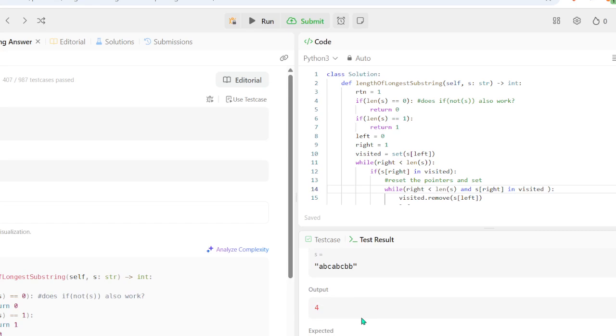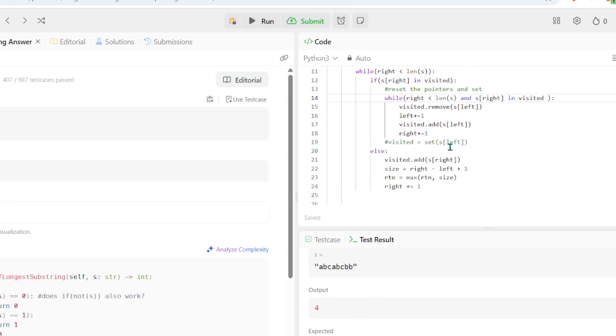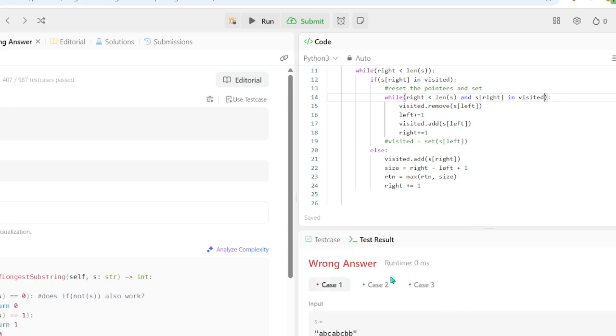Why am I outputting 4? Well, I got that one correct somehow.